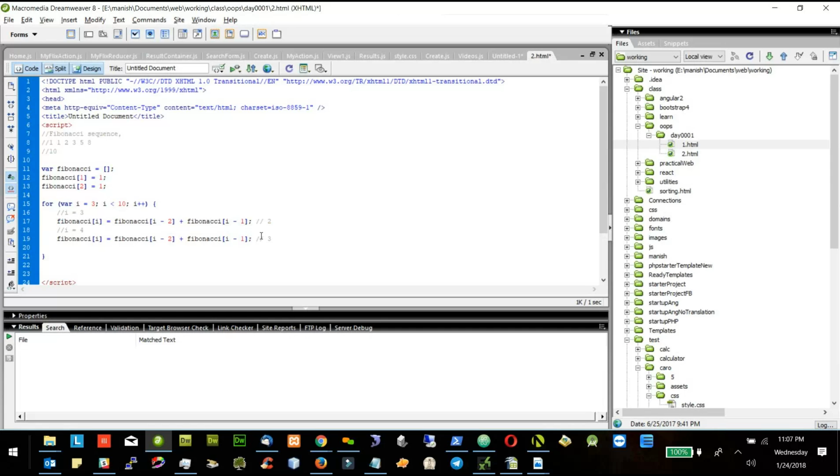Let's move one more. I will go to I equal to 5, and then I will write down the same statement, but the value will be different. Now I is 5, so I will be taking 5 minus 2, that is 3. 3 has a value of 2, and 5 minus 1 is equal to 4. 4 has the value of 3. So 2 plus 3 will become 5. So I went through each loop in the for loop, and I printed exactly what will be at each level. And if we have to go till 5, the answer will be 5.